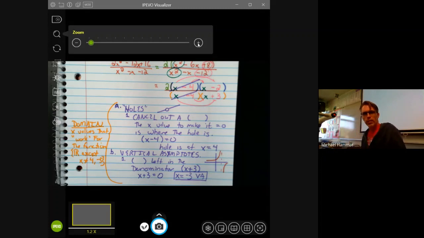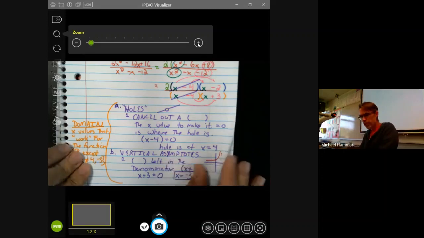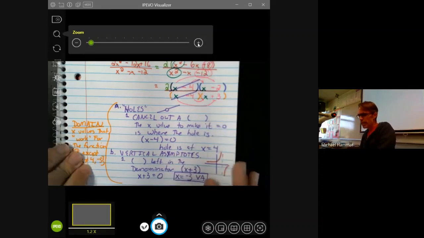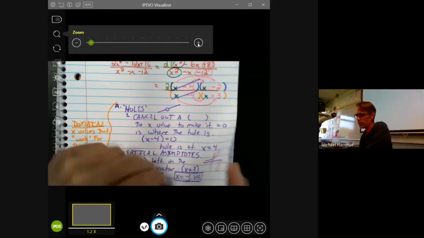So this is our first thing that we need to review, calculating these things. The second thing we have to review, and we're going to keep using this same function, is we need to talk about what the